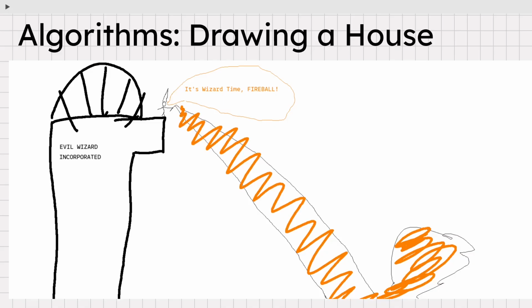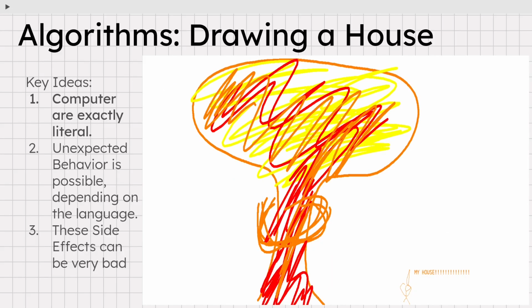And you can think of that as being like a computer. Computers will always do exactly what you tell them to. Period. End of story. So we have to be specific when we talk to a computer every single time. And that's where people tend to get got. They don't think they have to have that kind of detail, but that's the hardest part. And this is because computers are exactly literal. If you tell them to do something, depending on the design of the language and the design of the system, it will do it. Unexpected behavior is possible depending on the language.